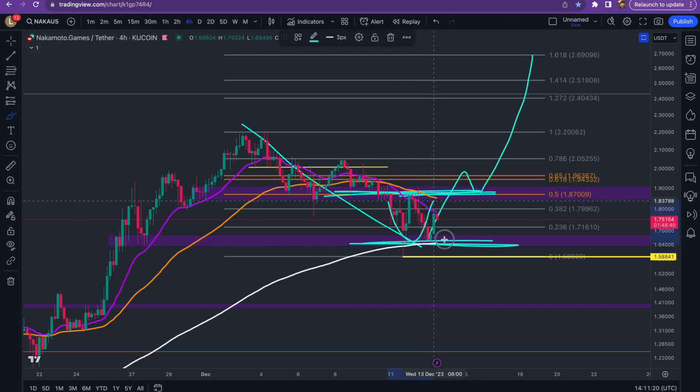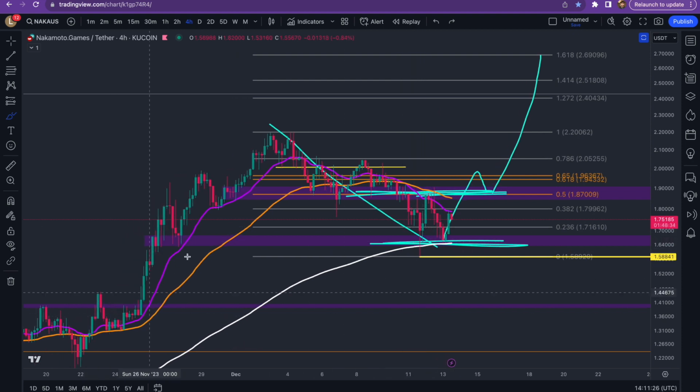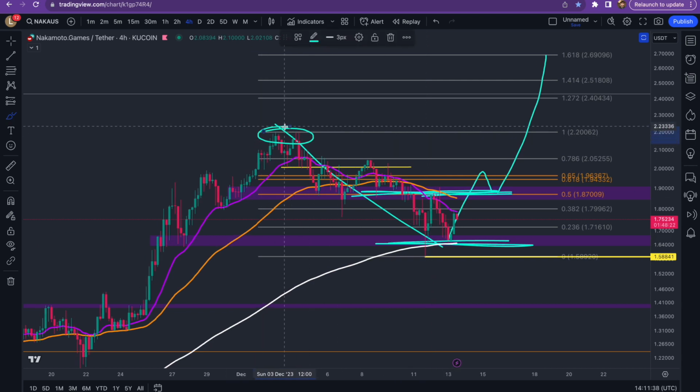So continue to range within these two key levels of support and resistance, and eventually one will give in. As we've been in an uptrend, and the 200 EMA is of course below the price action and we're actually confirming it as support over here, then the higher likelihood is an eventual break of this high. Of course, it can go wrong, and I'll be the first to let you guys know